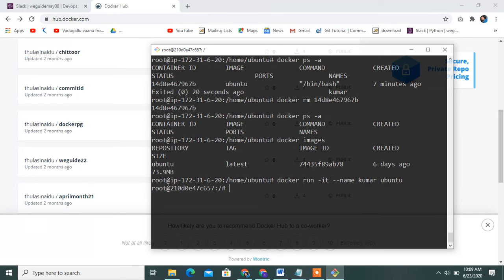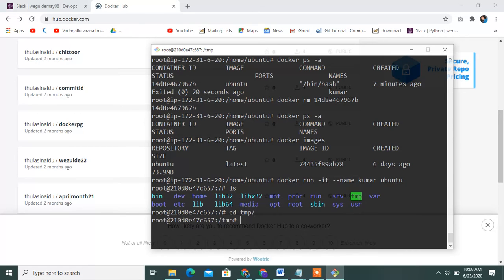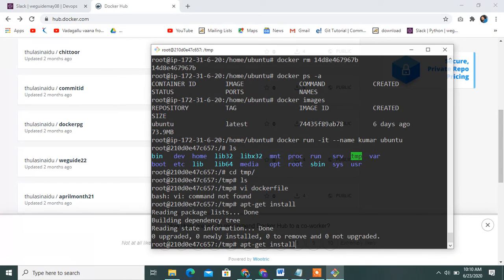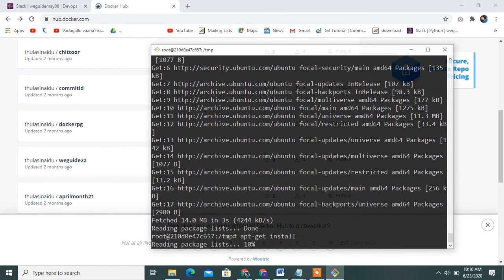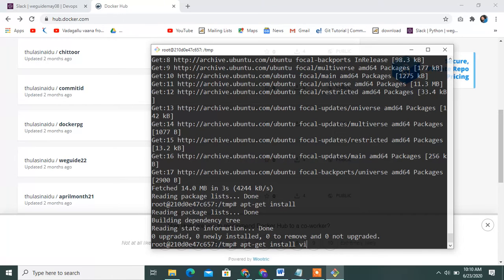It is running on Docker. cd docker, then apt-get install, apt-get install vim.